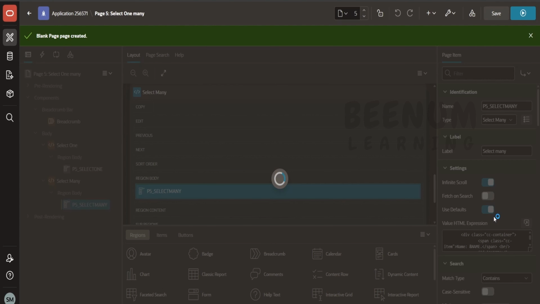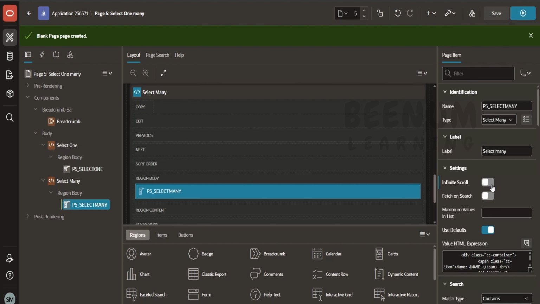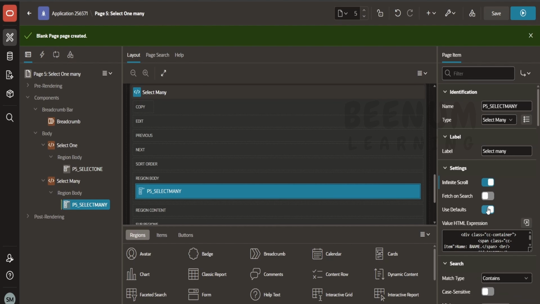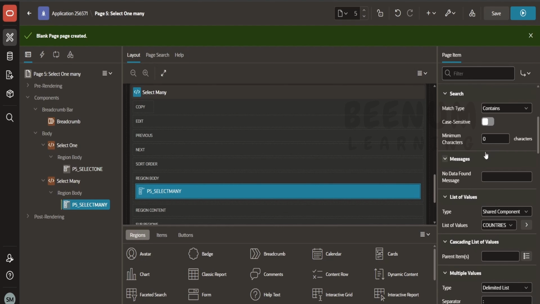All other settings I'm keeping default, like infinite scroll. If you don't want an infinite scroll, how many maximum values you want to show on the select menu, you have to set it over here. Suppose you want a case sensitive search, you can provide that, and minimum characters. If you want the user to enter at least 3 characters before the search is triggered, then you